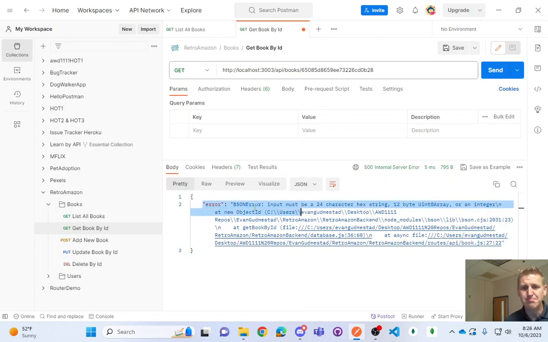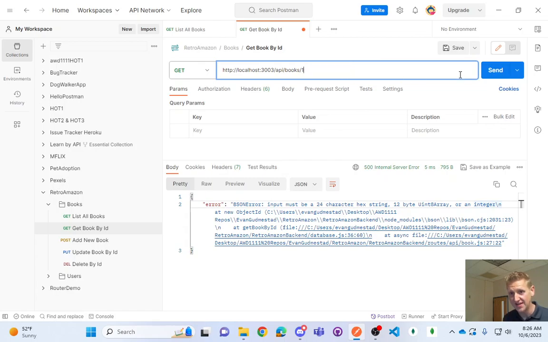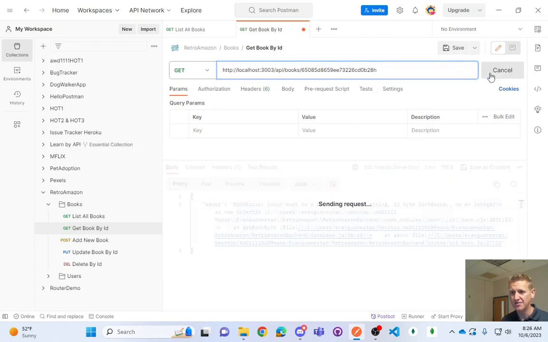It says BSON error, which if you look up BSON, it's very similar to JSON, right? But input must be 24 character string, or 12 bytes of this, or an integer. Now if I just even do something like this, okay. So now if I give it 24 characters, but it's just not a valid ID,